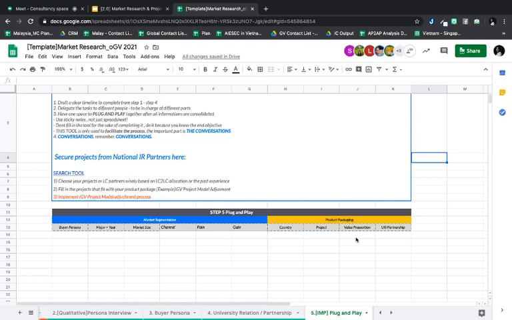So for example, in Taylor you have a buyer persona, let's say business administration year 2. Maybe the pain of them is that they don't have much experience before, or maybe they are afraid about safety when they go on exchange.